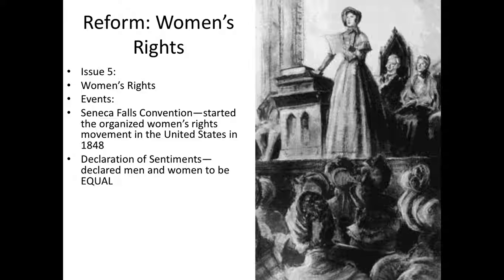If you remember in the Declaration of Independence, there was this idea that rights had been violated, and that King George III had violated the natural rights of the colonists. And in the Declaration of Sentiments, you will see the same thing happen, and you'll see this idea that men have been violating the natural rights of women. And so instead of calling out King George III, the Declaration of Sentiments is going to call out men for denying natural rights to women.